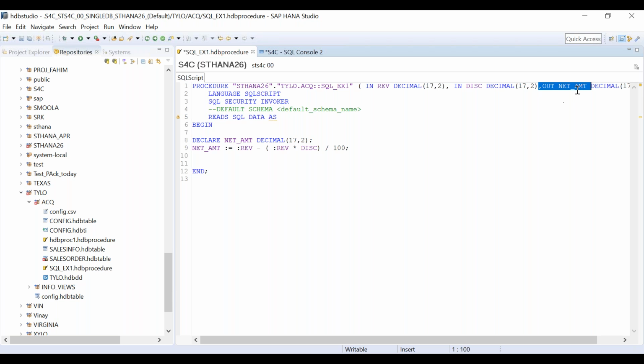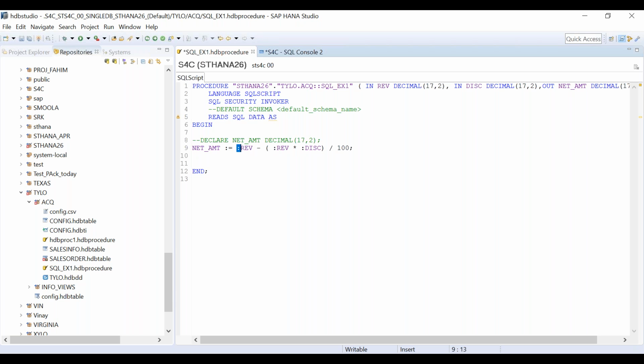So when we are writing something like this, what you can do is comment this out. You don't need this, you can directly use net underscore amount because net underscore amount is already in the output parameter, so this will refer directly to that variable. The whole intention of giving this example is to understand how you use a variable inside a variable. This is a single colon. This is how you refer to it. You can see everywhere I have used a single colon. This is how you use a variable inside the variable.